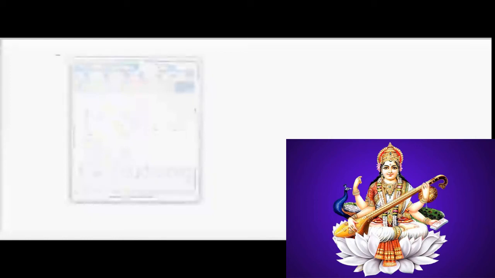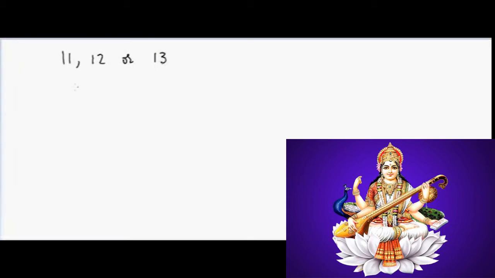I will multiply large numbers by 11, 12 or even 13 without using a calculator, in the mind. So let me begin with an example. Suppose I have 1, 2, 3 and I want to multiply by 11. How will I do this?